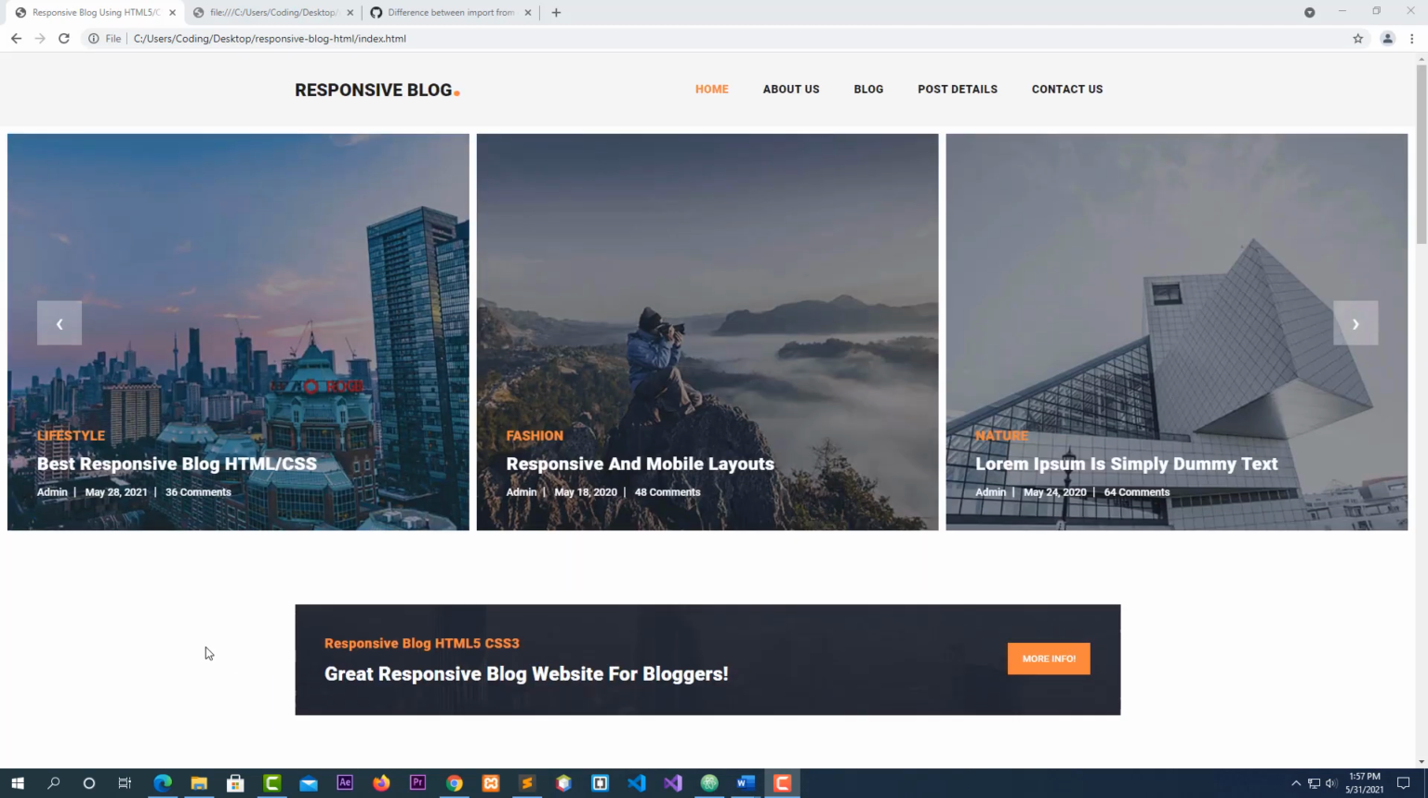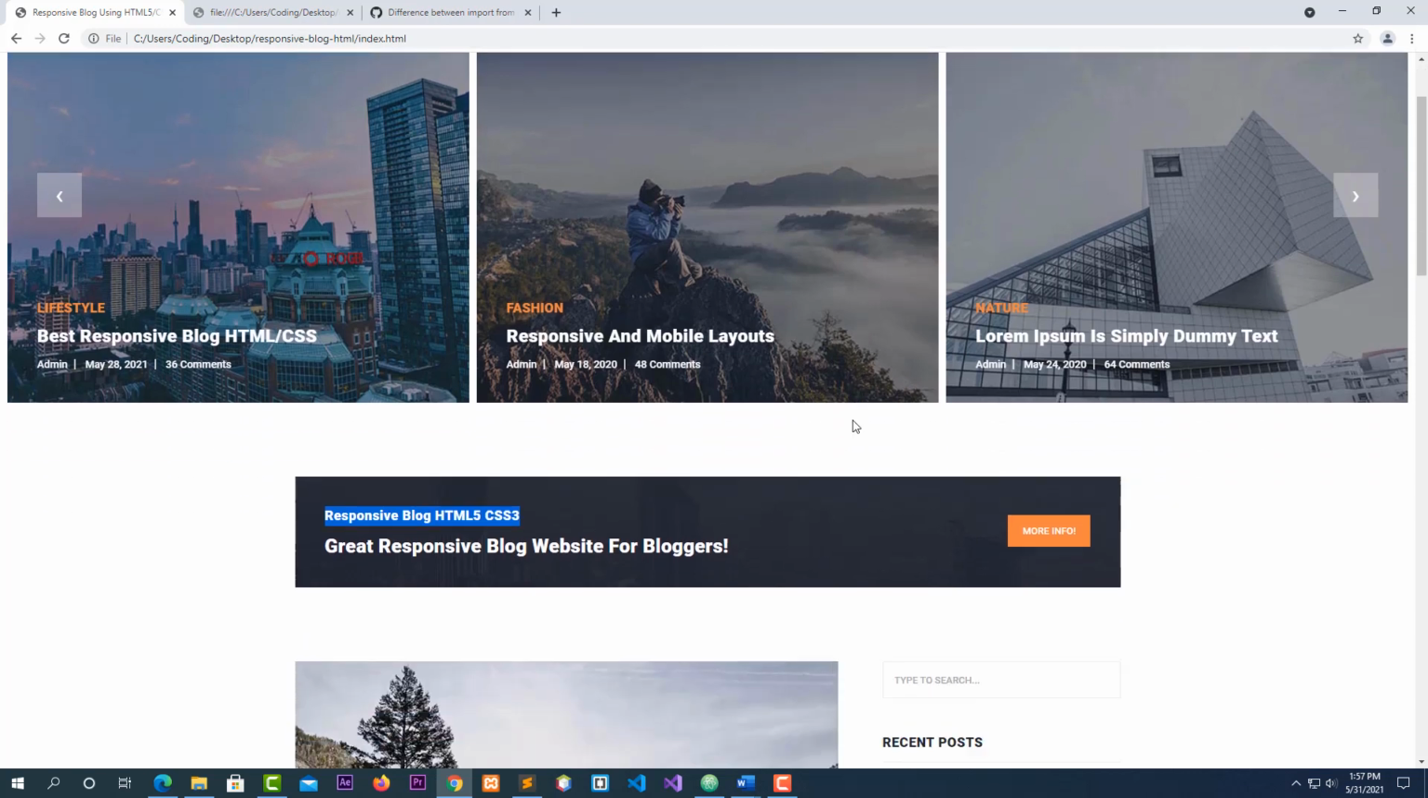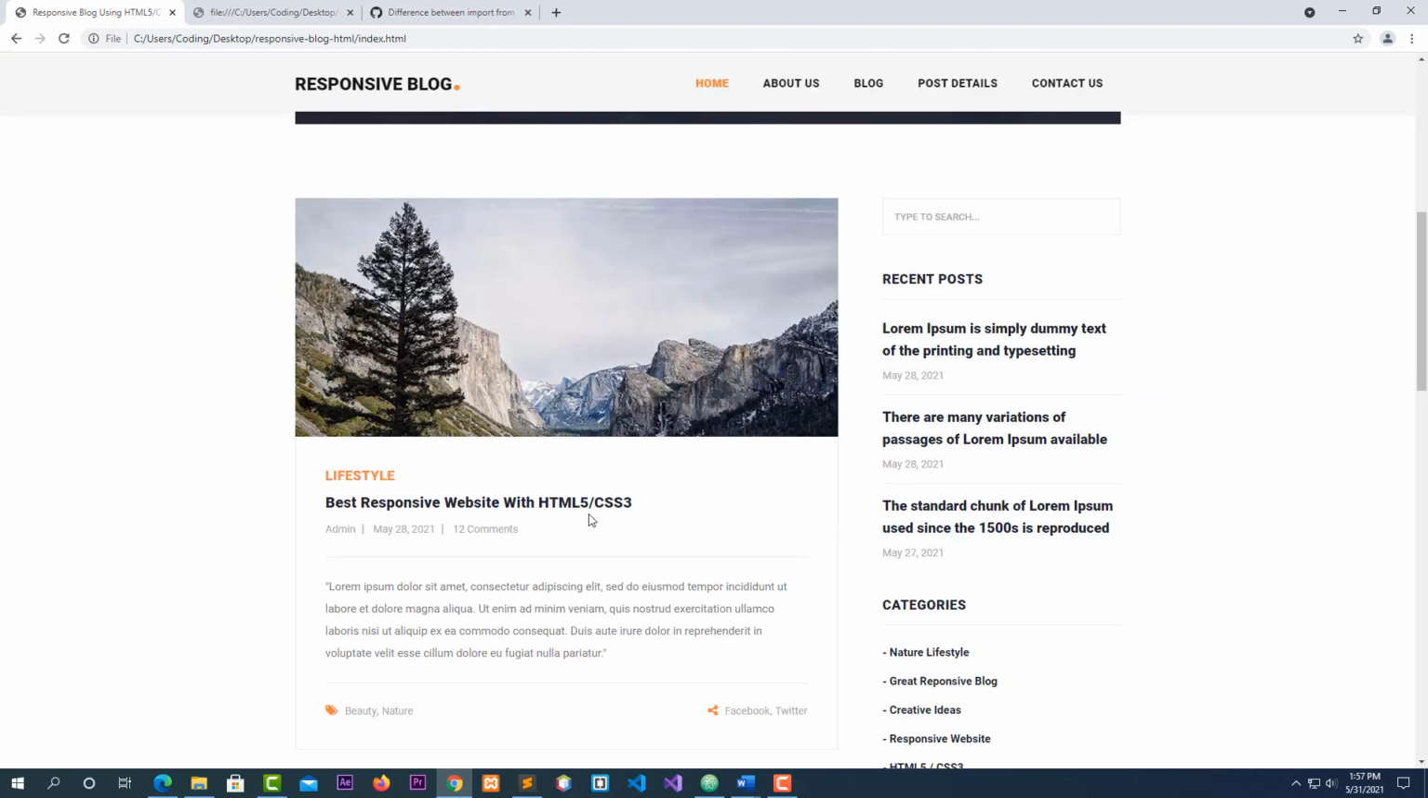This is what we are going to build. I'm going to build this website using our here. This is a responsive website using HTML5 and CSS3. I put the title Responsive Blog. As you can see, for the nav we have Home, About Us, Blog, Post Details, and Contact Us. Also, as you can see, this is the home page,